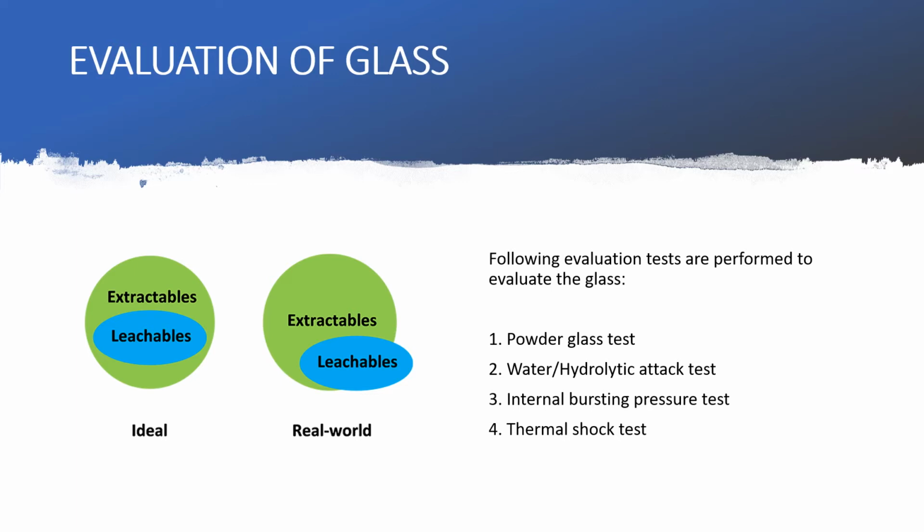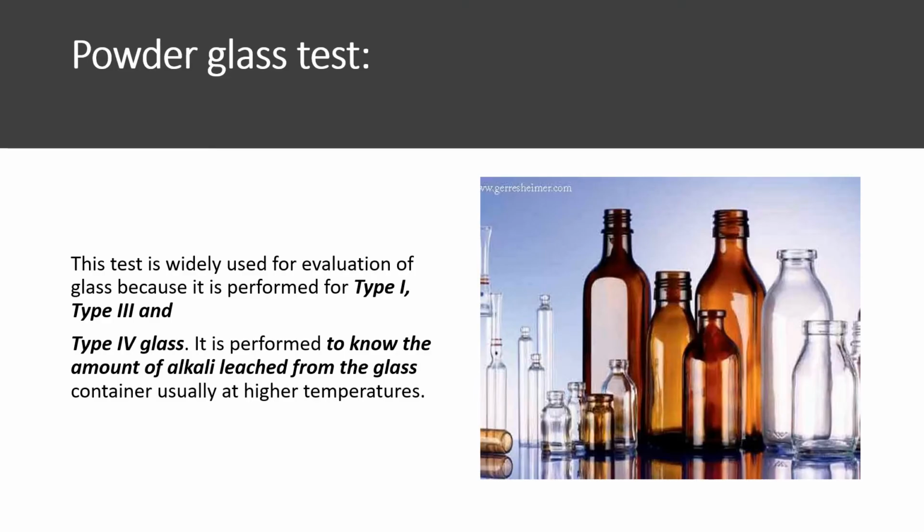So powder glass test, as the name suggests, the glass is basically crushed down. They both are actually the titration based test. So let us try to understand them. When we talk about the glass, you can see my previous video also about the packaging material. Glasses are basically of the four types: type 1, type 2, type 3 and type 4. Type 4 is a general glass, type 1 is a soda lime glass, type 2 is a soda lime treated glass. You can find the details over there. You can see my previous video in the BPharm packaging labeling section.